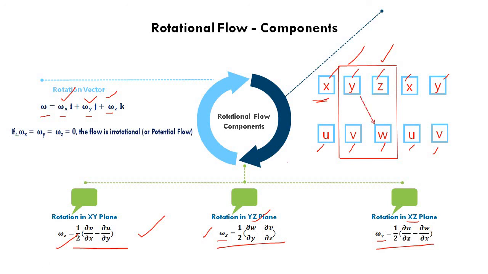Then from the top left position to the bottom right position you draw an arrow. Okay, so what does it represent? It represents dou w divided by dou y. Okay, that is written here. First dou w divided by dou y, and the next arrow is pointing towards the top right position from the bottom left position. So what does it represent? Dou v divided by dou z. So here it is written dou v divided by dou z.